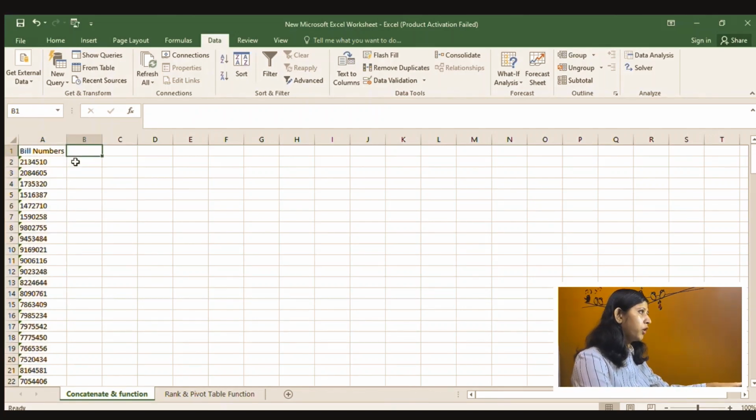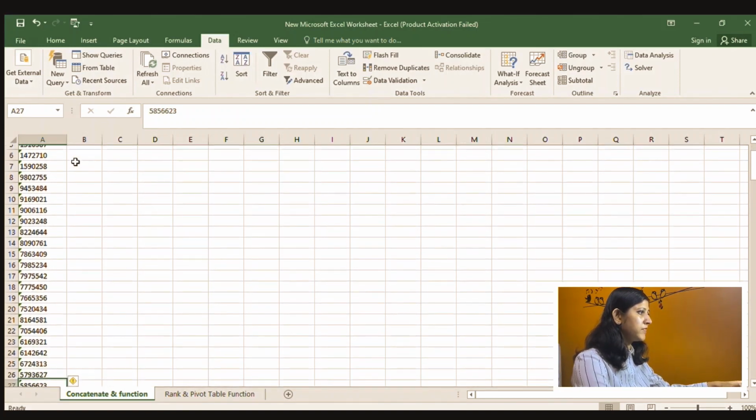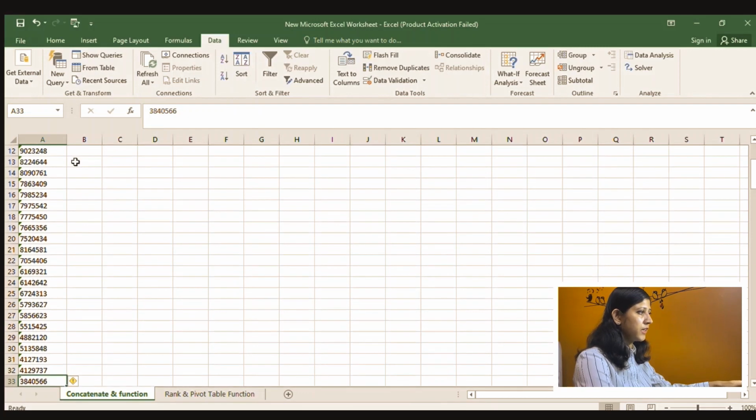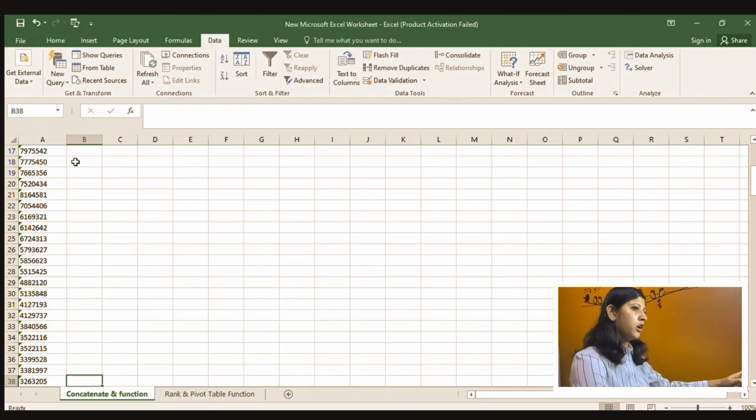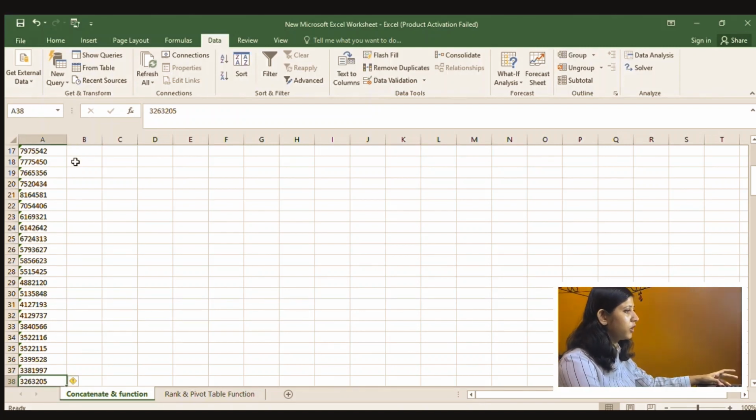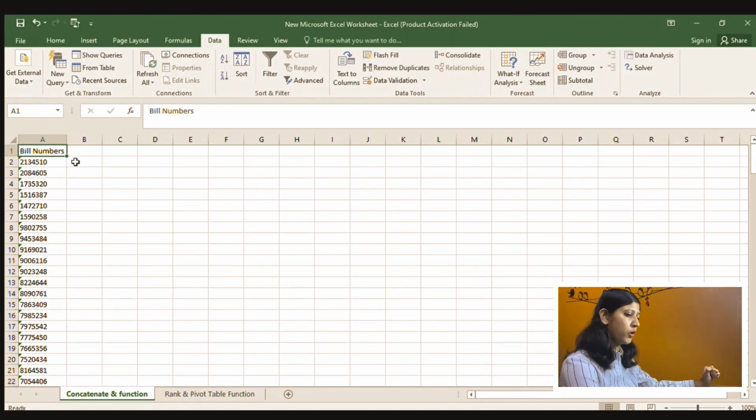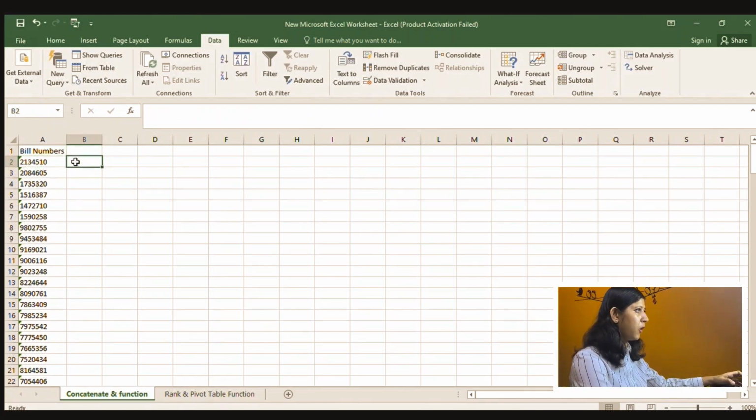Now what a CONCATENATE function will do is it will provide me a list of all these numbers together in a single line, so that I can put the resultant line in the place where I want to get a printout, and I can get these invoices together in a single line. So now how I'm going to do this is,